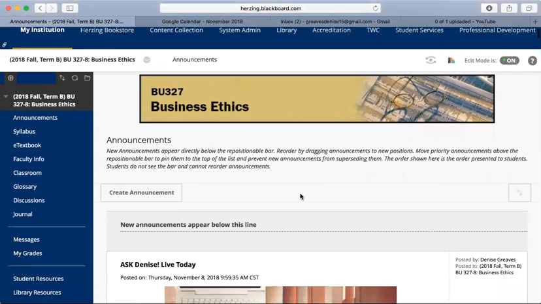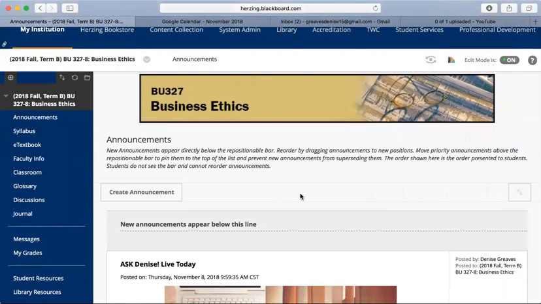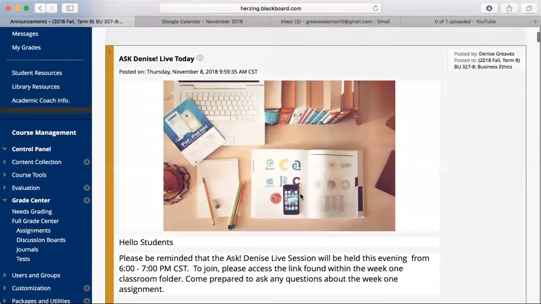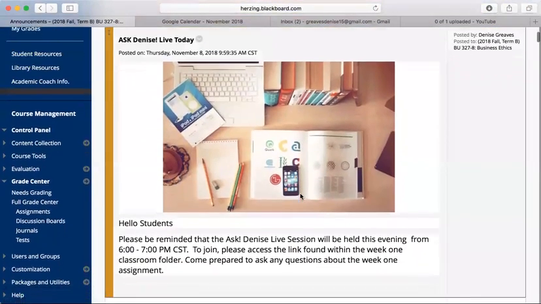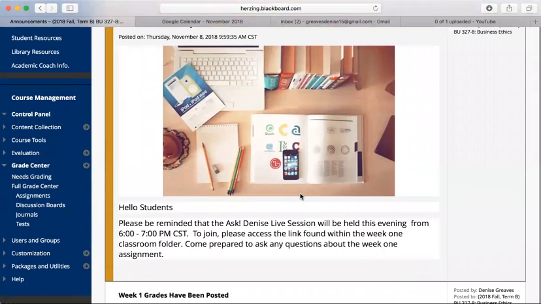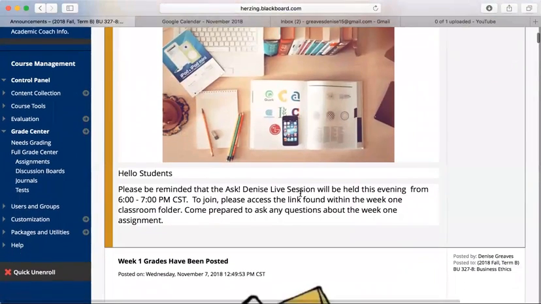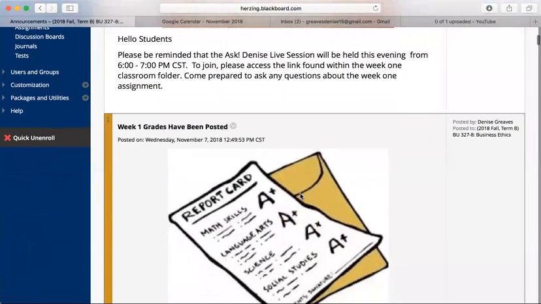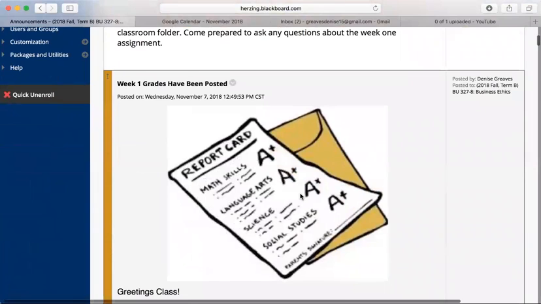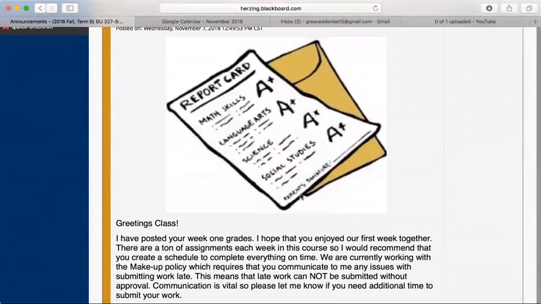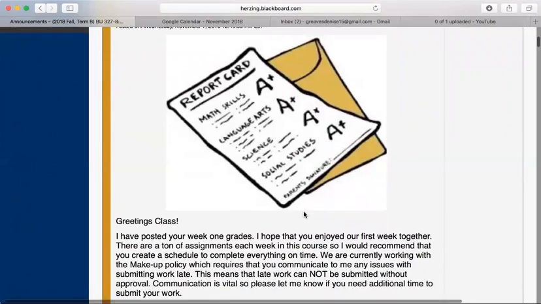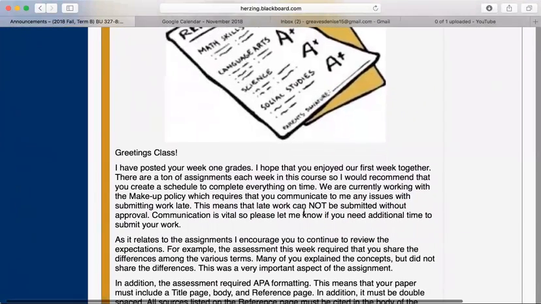I want to congratulate you on your success during week 1. I know that week 1 would have been quite a bit for you, but you've all pulled through and you've done very well on your assignments. So again, congratulations, tap yourself on the back. Whatever you need to do, go have some ice cream in order to make sure that you just keep the momentum going. I want to see this continued success.